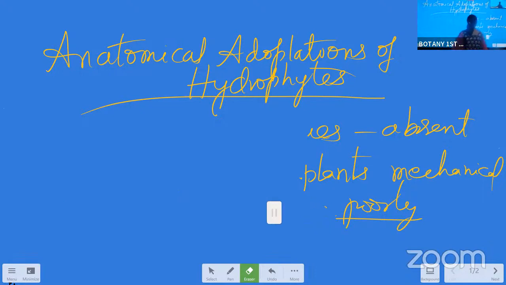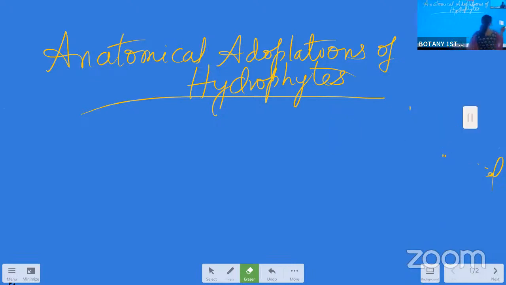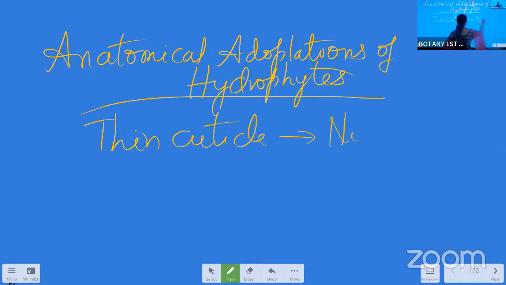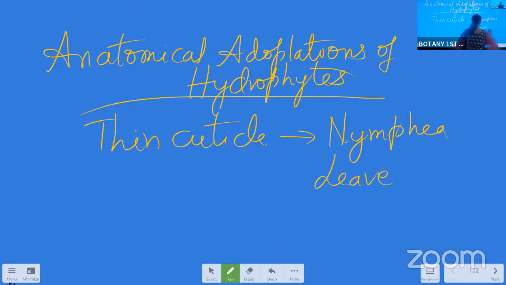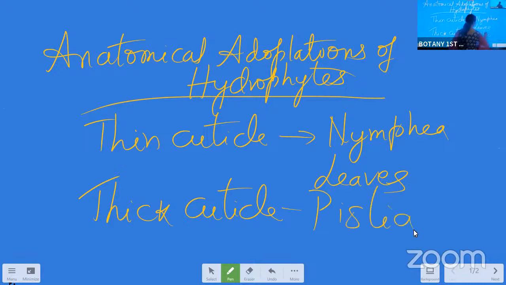That is the plant body. Stem is covered with a thin cuticle externally. Example, Nymphaea, and thick cuticle in Pistia. Thin cuticle in Nymphaea leaves. Okay, and thick cuticle in Pistia. Next comes the